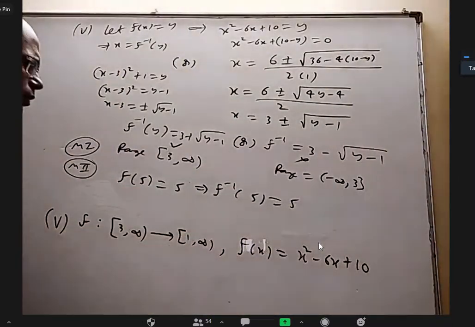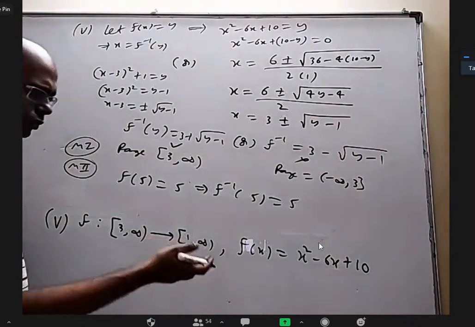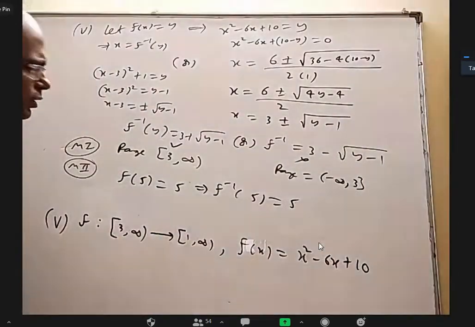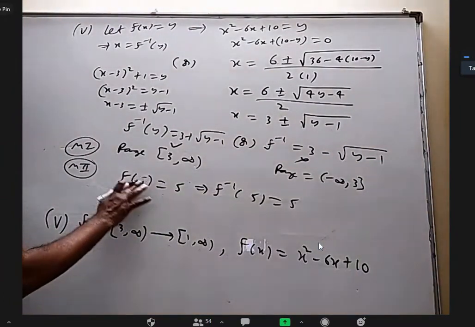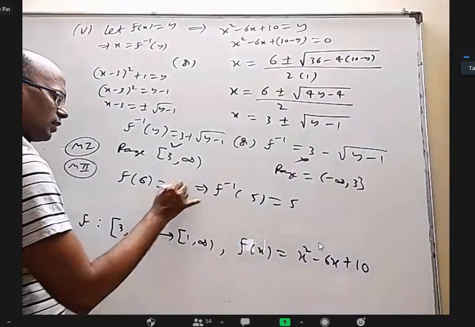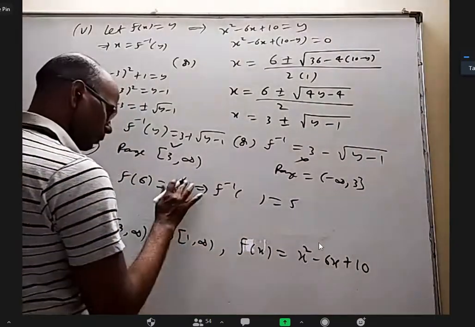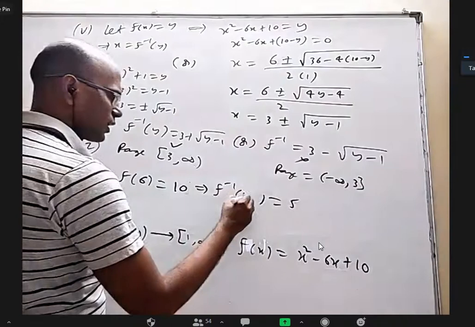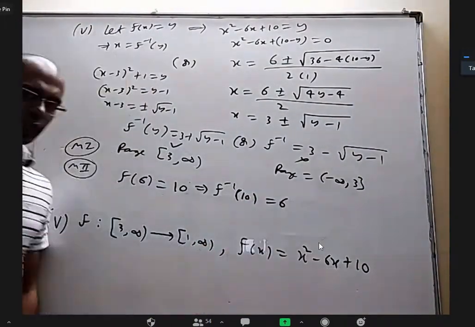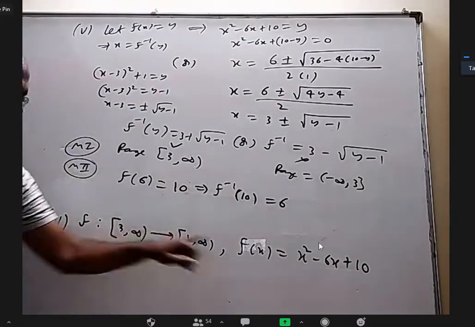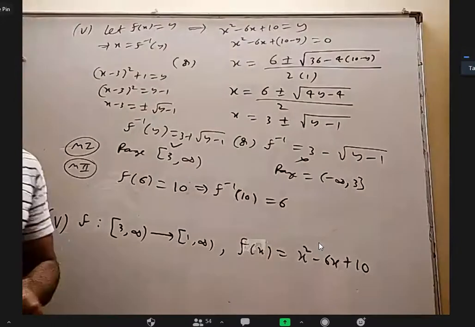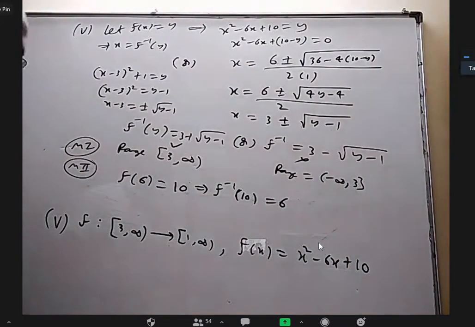You can take some other example. If I take 4, what will come? 16 minus 24 plus 10. That is already what I took earlier. It's okay, not a problem. You can take 6 also, not a big issue. 36 minus 36 will cancel, we will get 10. f of 6 is 10. So f inverse 10 should give us 6, something like that. Take any number in the domain, find its image, substitute that image here, and whichever gives the number back, that is correct. So that is another way to do it.